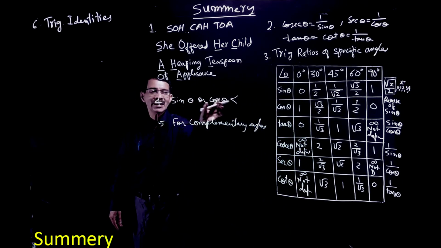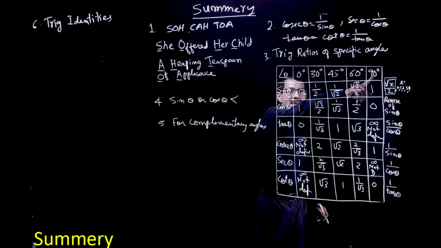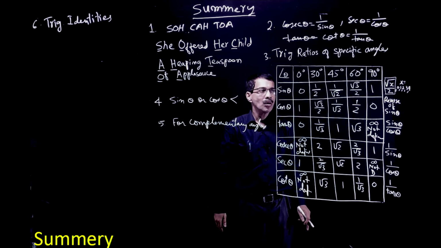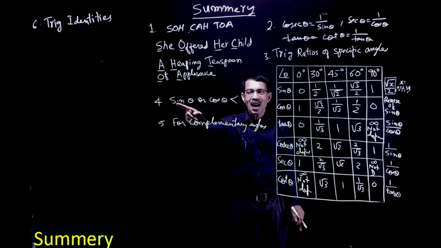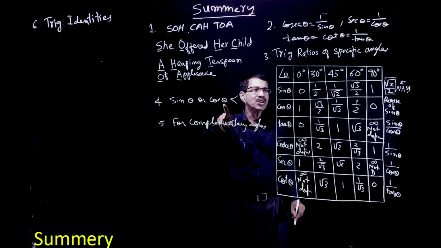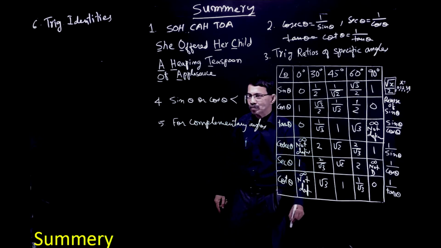What is the value of sin theta and cos theta? You have seen from 0 to 90 degree, it starts with 0 and goes up to maximum 1. So the value of sin theta and cos theta is always less than 1. And we have seen that from the ratio also: sin is equal to opposite upon hypotenuse and cos is adjacent upon hypotenuse. Hypotenuse is in the denominator, which is always higher than the numerator, so the value is always less than 1.